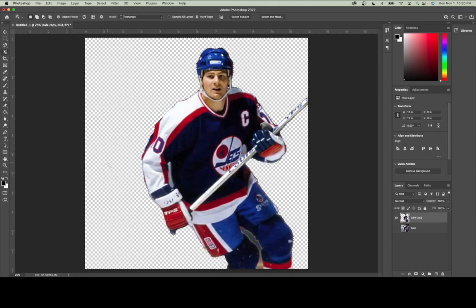So I'll go back to my selection tool. I'm going to select around the space in his arms. That selected that really nicely. I'm just going to hit the delete key on my keyboard and do the same thing inside the pants and the socks here. See how well I get this traced. That also has worked perfectly. We're going to delete that. And there we go. There is my design ready to go for saving